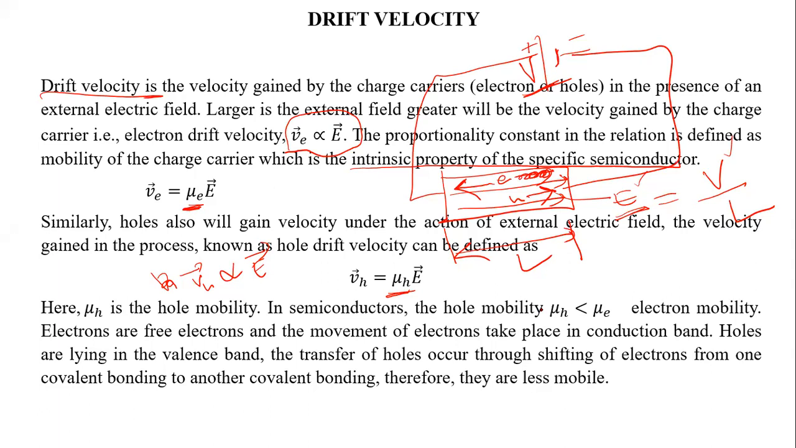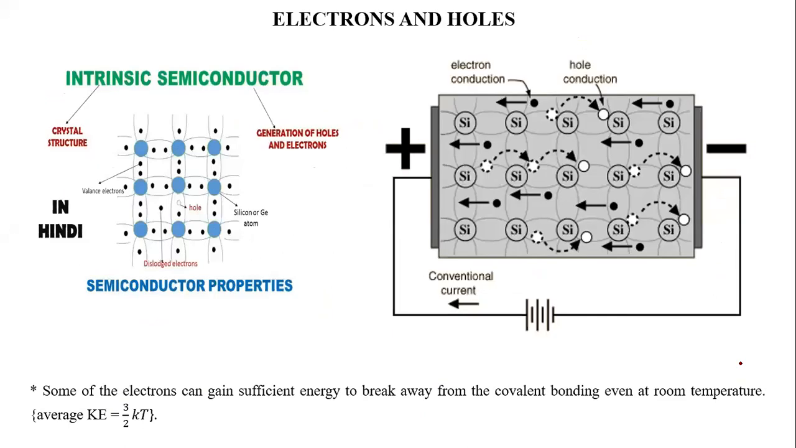Another point you should note here is that the mobility of holes is always less than the mobility of electrons. The reason is that the effective mass of a hole is much greater than the effective mass of an electron. You will study the effective mass of electrons and holes in your solid state course in the 6th semester. Why do we say that hole mobility is always less than electron mobility? The reason is that if you look at this figure once again,